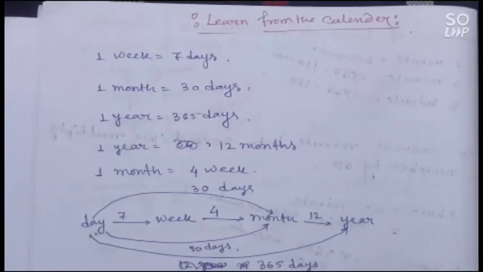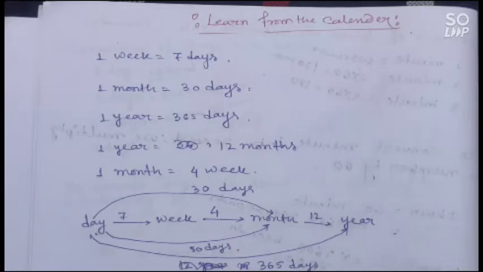Hello everyone, welcome to maths class. All of you know that we are going through chapter number 12, that is time, and from this chapter you have already learned how to read the clock, and you have a clear idea about half hours, full hours, and quarter hours, quarter to, quarter past. And in your previous class you have also learned how to convert days into hours and hours into minutes, hours into seconds. You have learned everything.